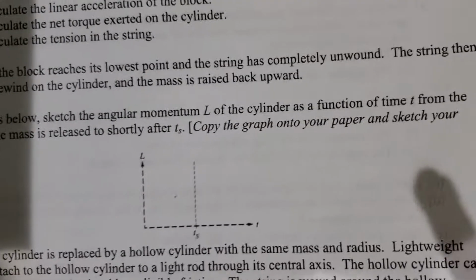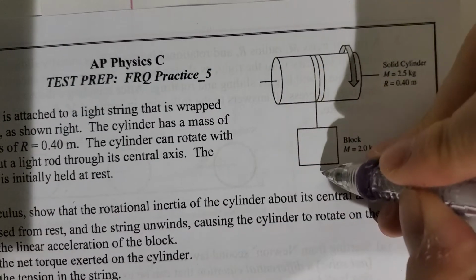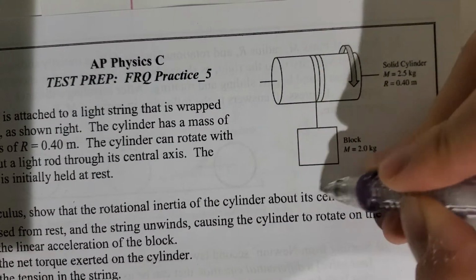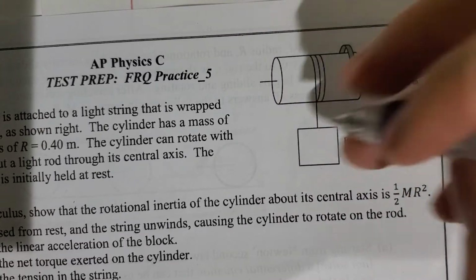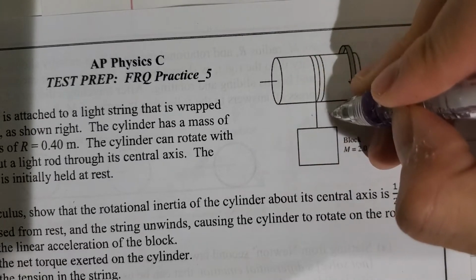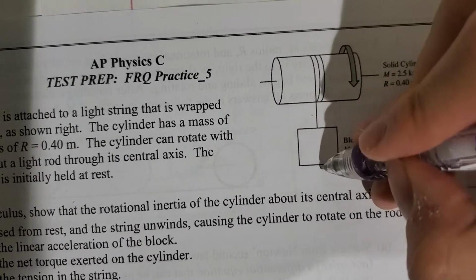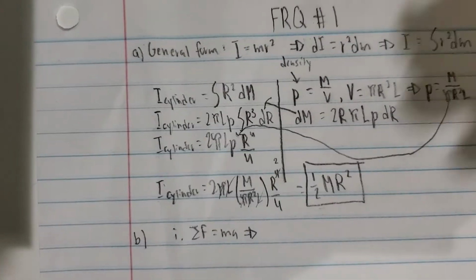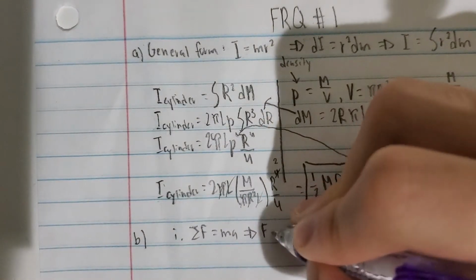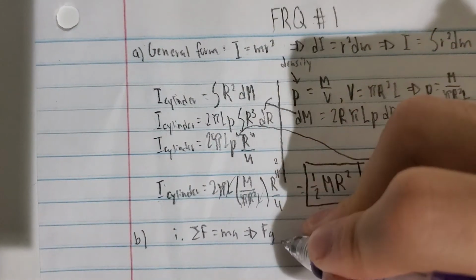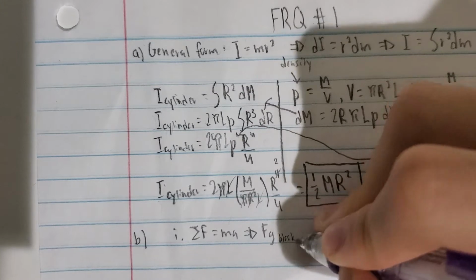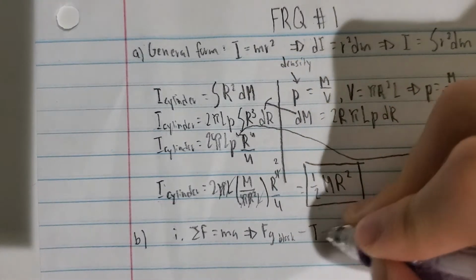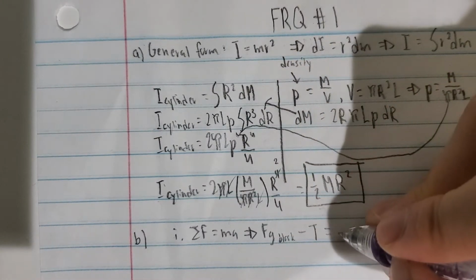Now for the block, I have a force of Fg acting down, pulling the block downward, but I also have an opposing force that is tension pulling the block upward. Fg is going to be greater than tension, so it's going to come first in my equation. So Fg of the block minus T, and that's going to be equal to the mass of block